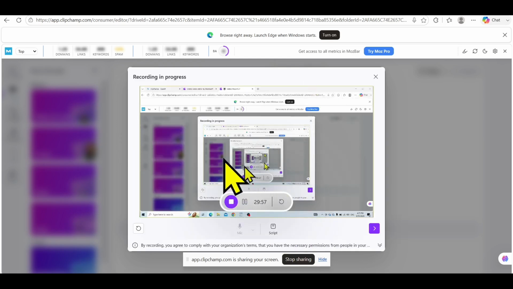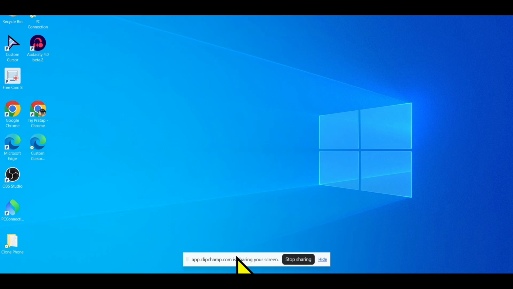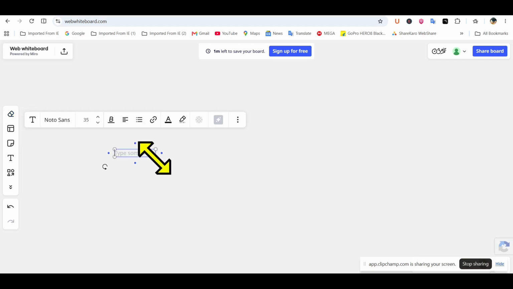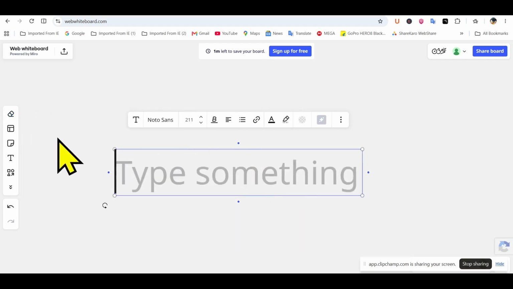Start screen, minimize this page. This is start. Here you can do anything, so record my screen. I like eraser, this is a, and anything do it. All my screen recorded,